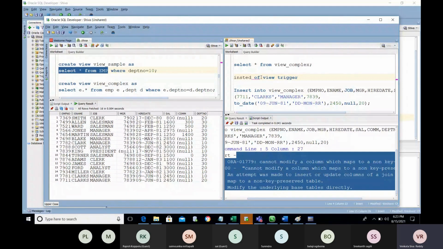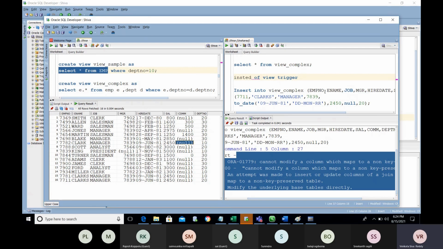Using an instead of view trigger, if I get this column, try to insert it into the EMP table, and try to insert into the DEPT table. We will provide the detailed information about the tables and the complex view in the trigger. We can mention all the objects we have in that select query. If we get this value, try to insert into this, update in this. Like that, we mention all those things in the instead of trigger. Got it?